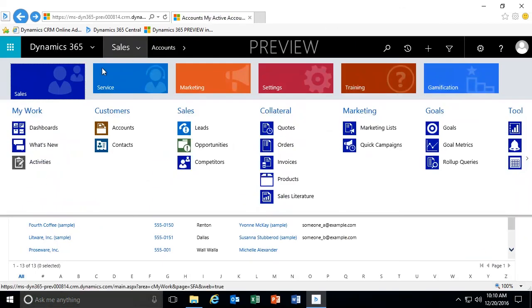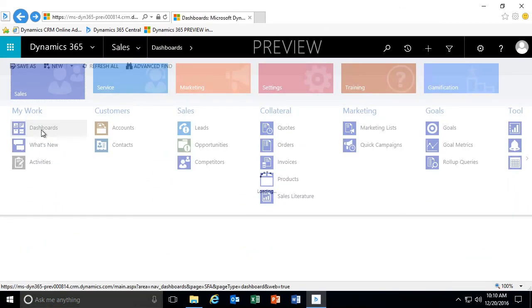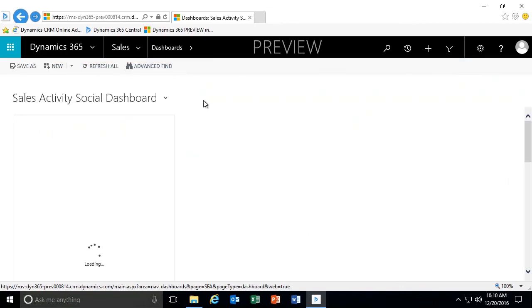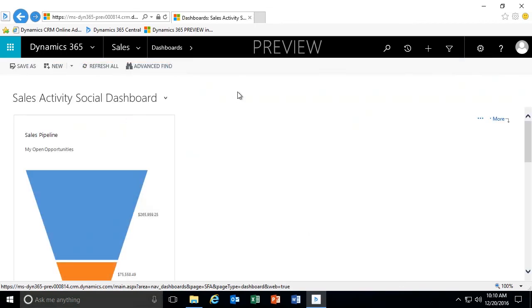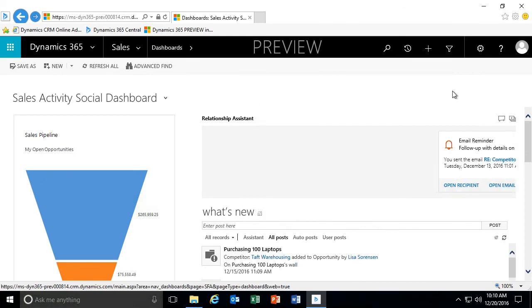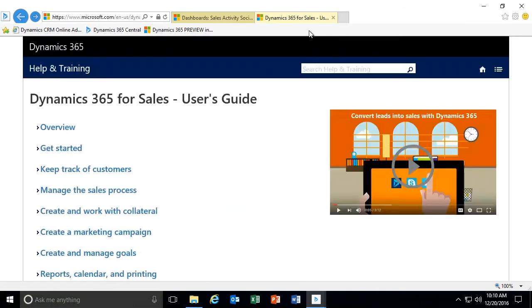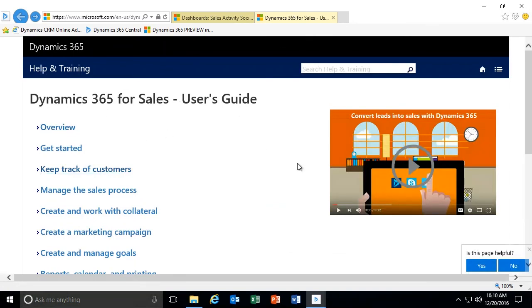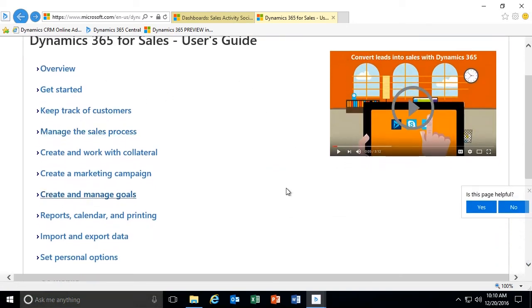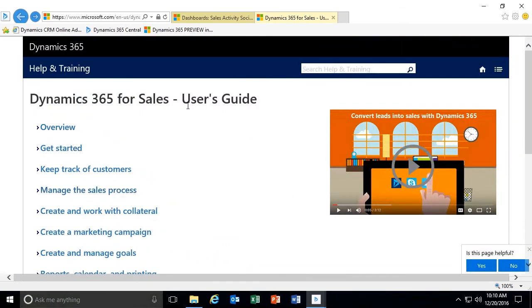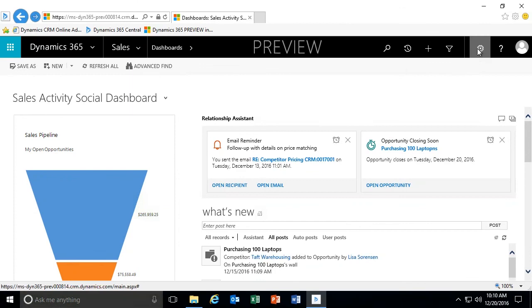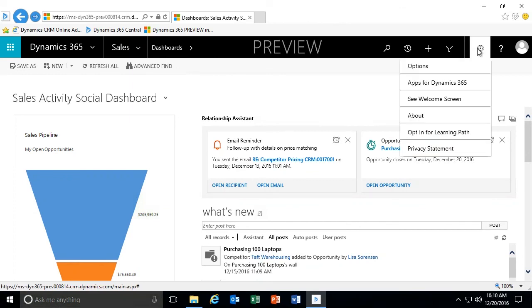But let's say if I go back to my main page, which is my dashboards, and I'm within my dashboards, and I click on the help icon, you'll now see that it is taking me to the user guide because it is the main page based on that business application that I'm currently in. Now, that learning path, because it is user specific, you'll see that you can opt in and opt out. So if I choose to opt